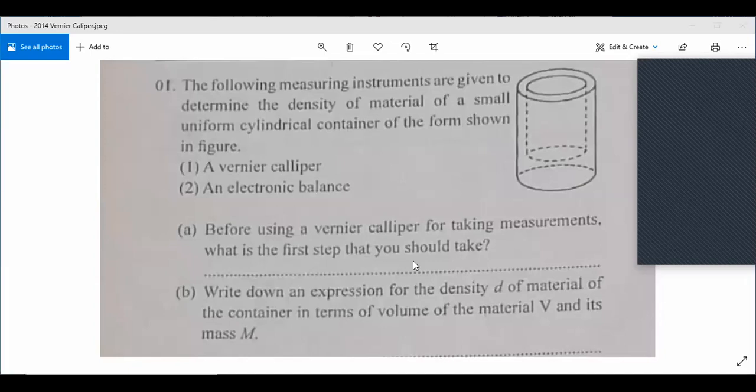Sir, can you please repeat? So how do we do it, dear? We keep the external jaws in contact and we check whether the instrument has a zero error. Okay or not? Right. After that,